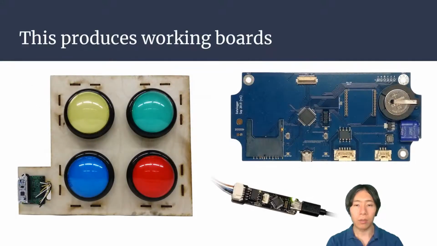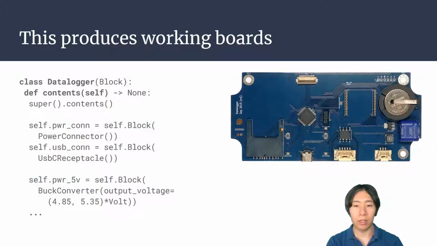As with these example devices, the system can produce working and practically useful boards. The more complex one, the data logger, has a discrete microcontroller chip and subcircuit and utilizes library power blocks like buck converter generators. The top-level HDL is structured like a system architecture diagram, while libraries handle the heavy lifting of